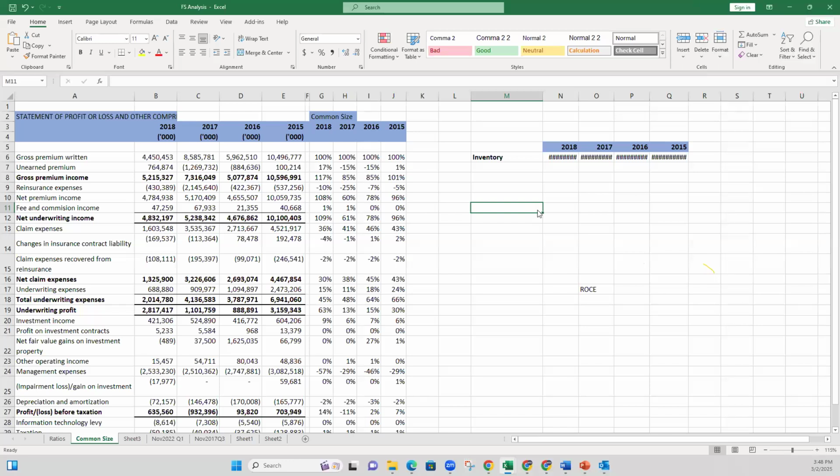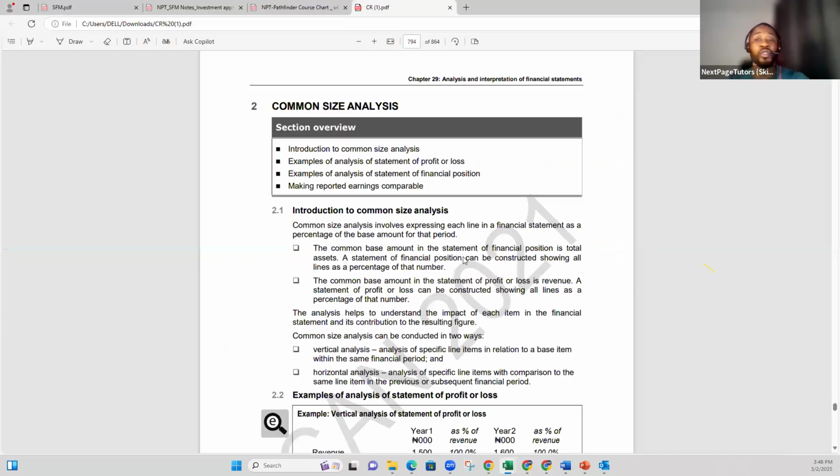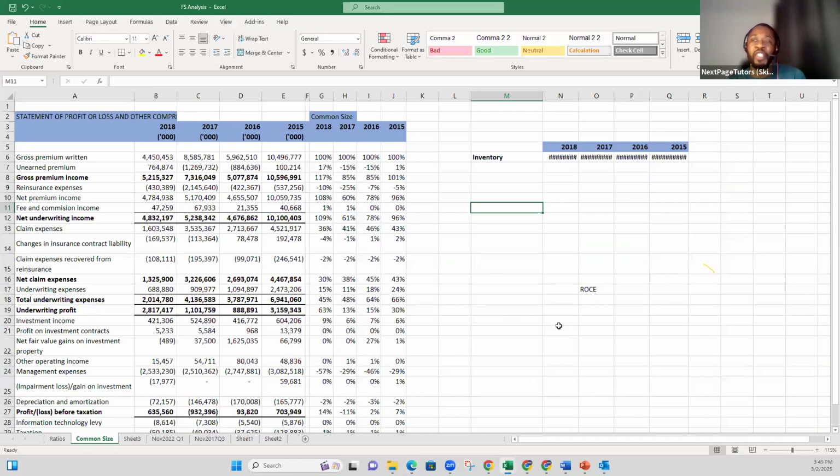Item? Yeah. You don't need to stress yourself. Your syllabus has told you what you commonly see, which is, for balance sheet, it is your total assets. For income statement, it is revenue, and that's it. You can always work with that. We are only tweaking it a bit to say you could have a special financial statement, like an insurance or a bank, and you're wondering what is the base item for, especially the income statement, because balance sheet will always take the same. So far as prepared with IFRS, you always have your total assets,